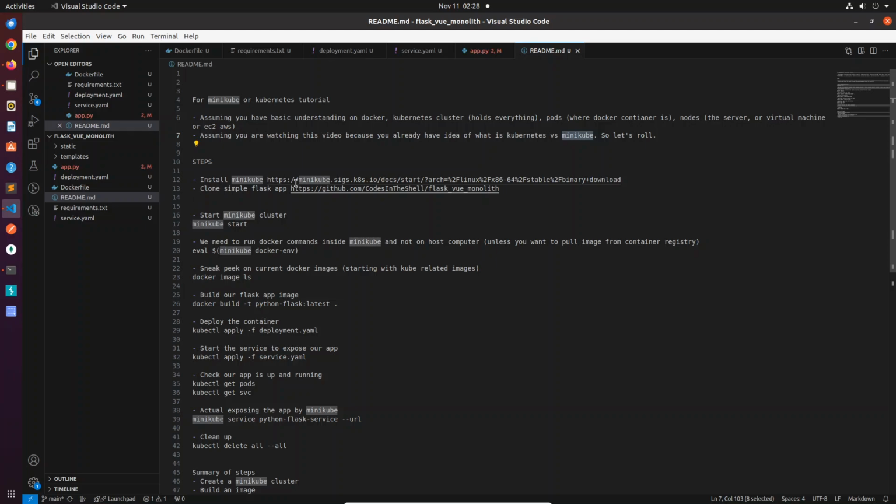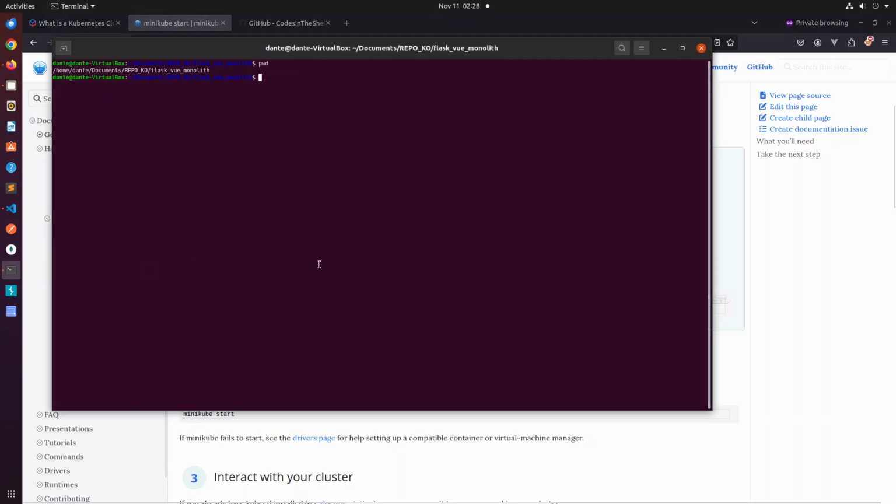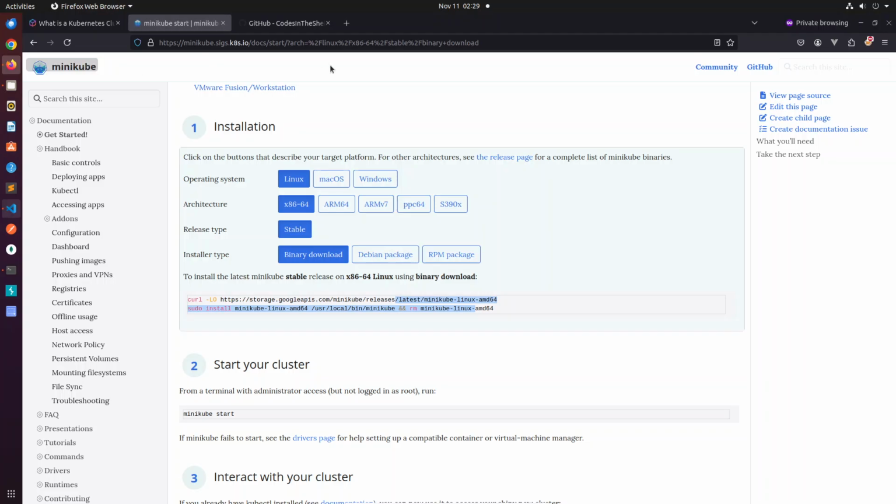First is to install Minikube. Go to this website right here, install Minikube. It depends on what your platform is. I already did that, and you can check it out by running minikube version. So okay, and once installed,